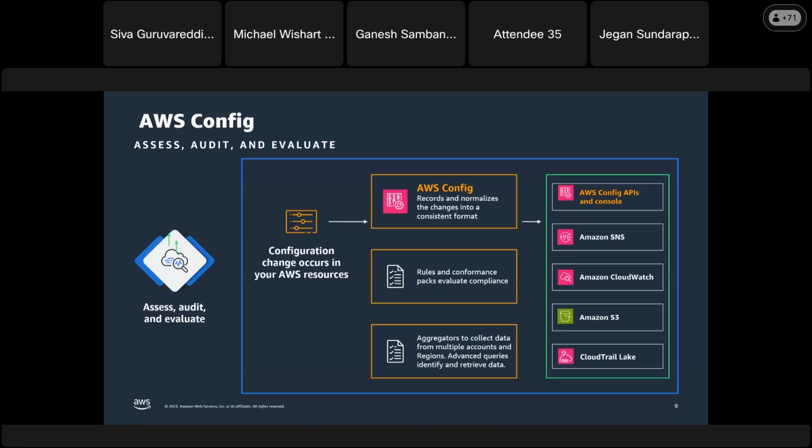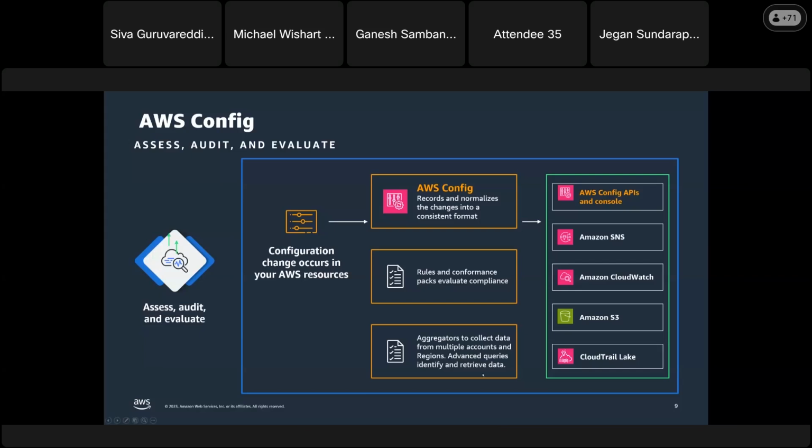A rule is something that you define, which evaluates your configuration against a certain set of best practices. A collection of rules is what we call a conformance pack, since you might have to implement several rules together. As resource configurations change with time, the rule evaluations happen, and Config is able to generate events when a particular resource goes non-compliant.